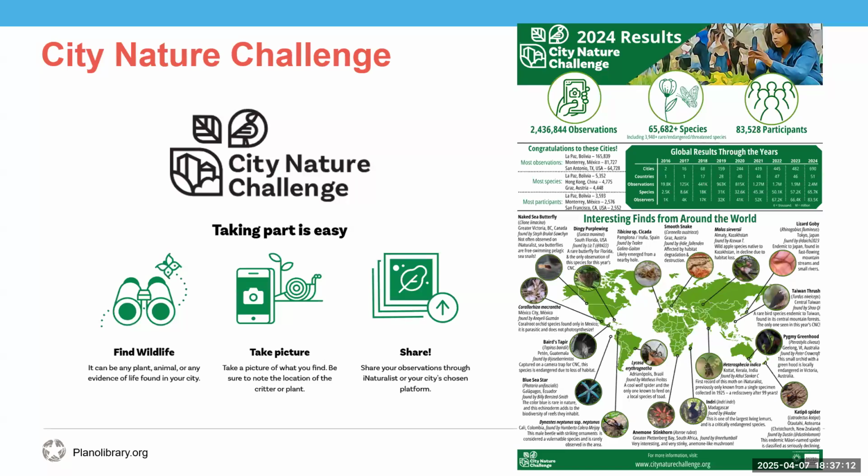Now, typically, the other major cities in Texas, San Antonio, Dallas, Fort Worth, Houston, Galveston, and Austin, have a fairly friendly competition against one another. So last year, DFW took second place in observations with 46,986 submitted observations, while San Antonio took first place with 65,080. DFW took third place in the number of species observed.